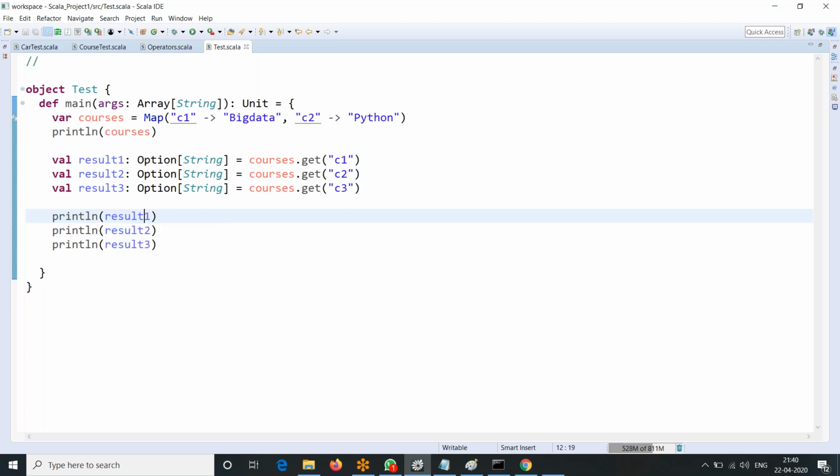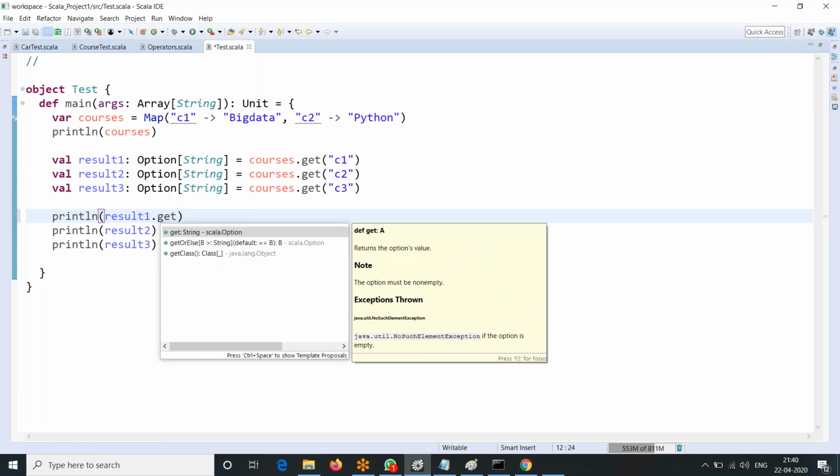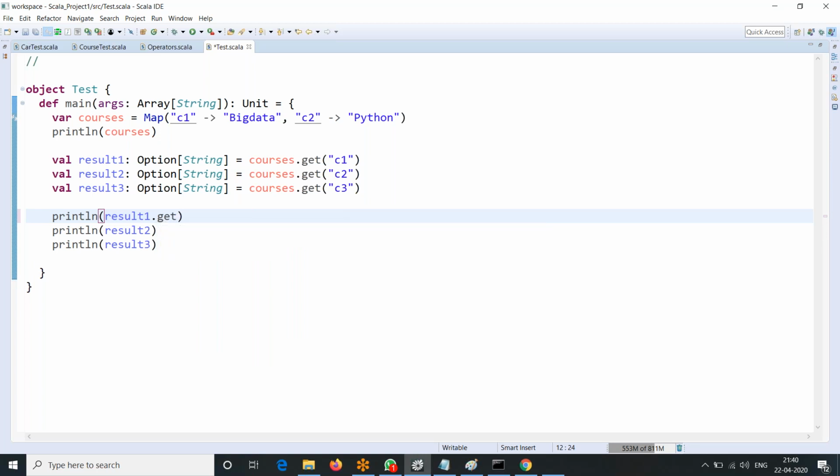Now I can do one thing. If I want to extract value from that Some, what should I do now? I can say dot get. Okay. When I say get, what happens? It should exclusively return what? That I'm just testing. Otherwise, I will just make a small change to this code.